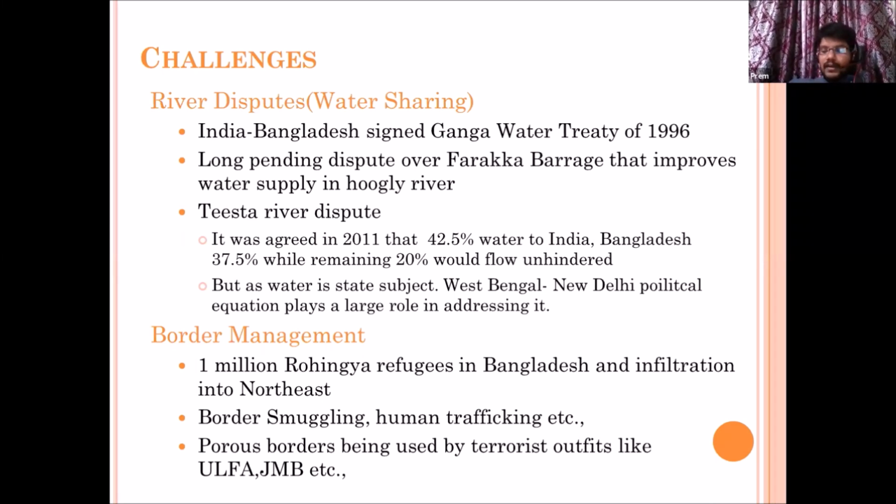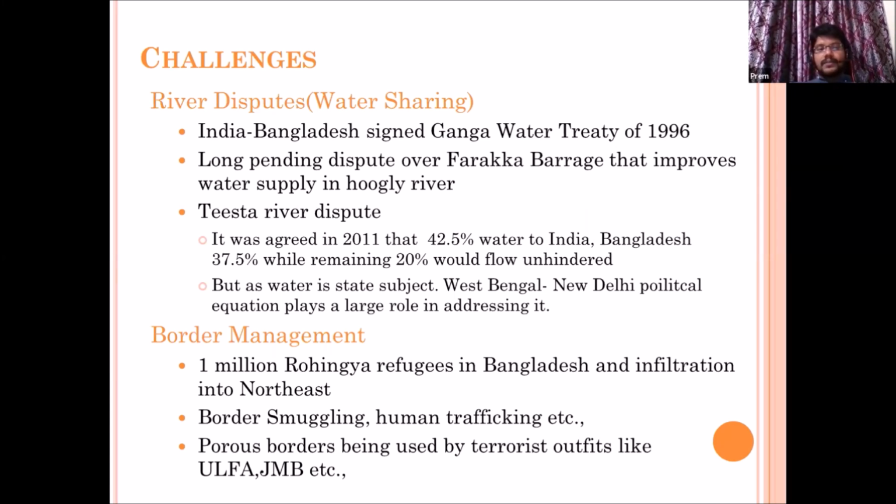Now you all know we have conducted NRC in Assam, and 40 lakh people were identified. So now it is a sensitive issue. Should we deport those 40 lakh to Bangladesh or not? And Bangladesh says they are not from Bangladesh. You have to show the proofs, and it is not easy to show those proofs either. So that is why this illegal migration from Bangladesh became a major political issue and also a challenge between India and Bangladesh.